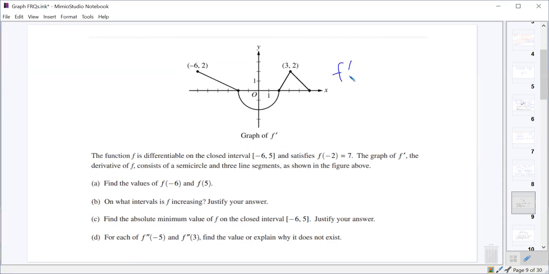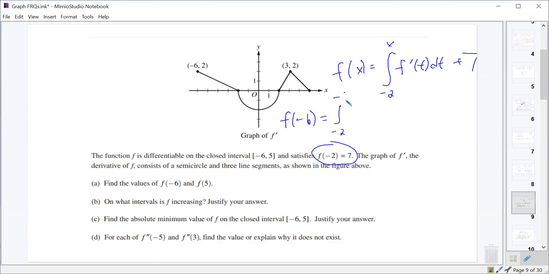So what we want to do is we want to say that f of x should be equal to the integral from -2 to some x value of f prime plus what? Just like in the last one, we got to add a 7. 7 here this time instead of a 3 last time, right? Because if we plug in -2, it needs to equal 7. All right. So that means that if we want to find f of, well, let's find f of 5 first. Okay? Actually, let's find f of -6 first. If we want to find f of -6, that should be the integral from -2 to -6 of f prime